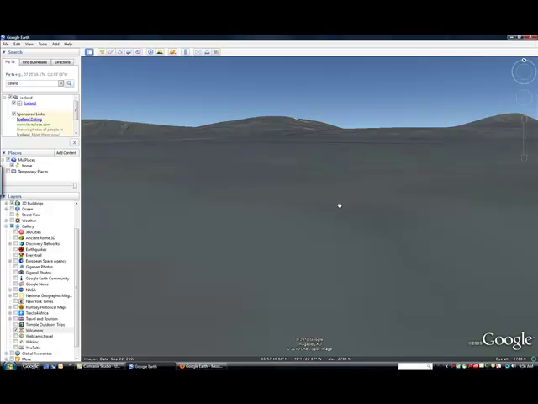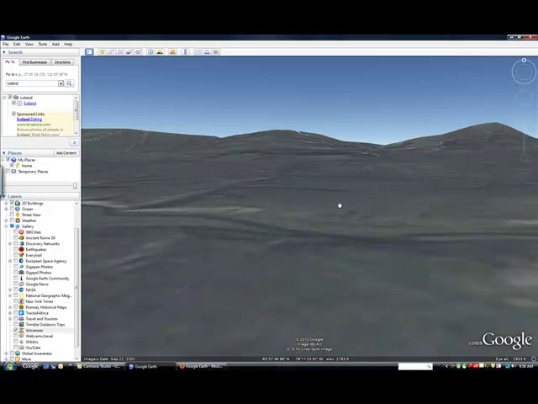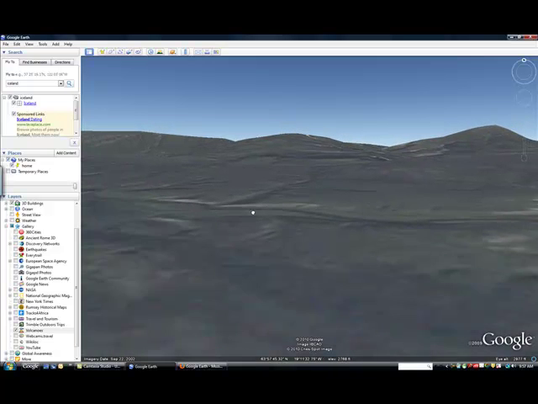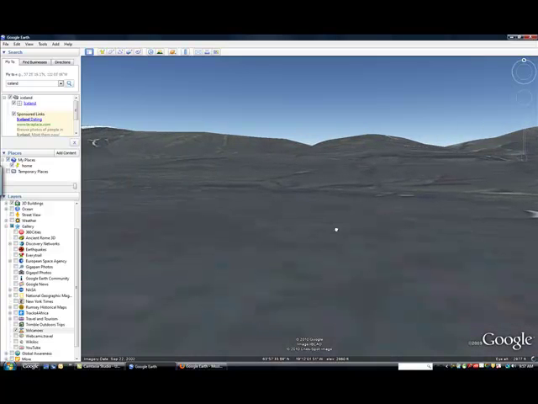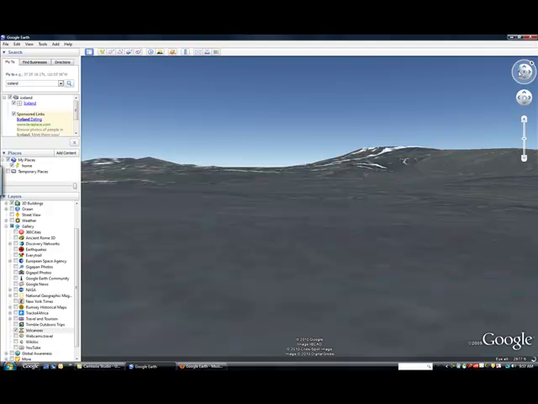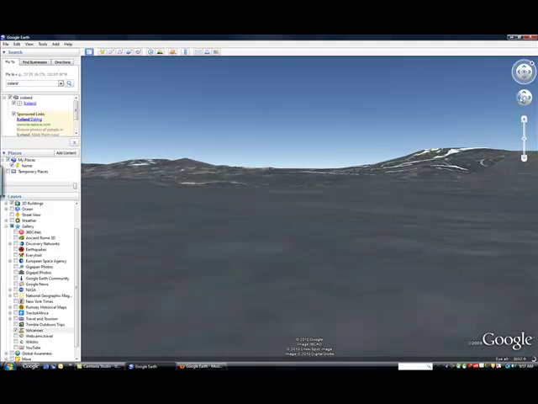Use your scroll ball on your mouse. Go ahead and back out just a little bit and you'll notice you have a lot more definition. Now remember, you can adjust your screen by left clicking and grabbing, or you can go ahead and use the tilt